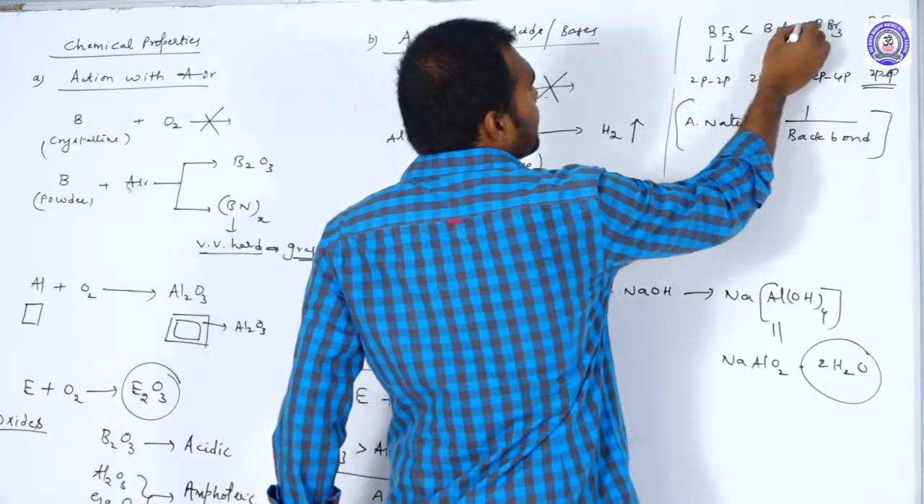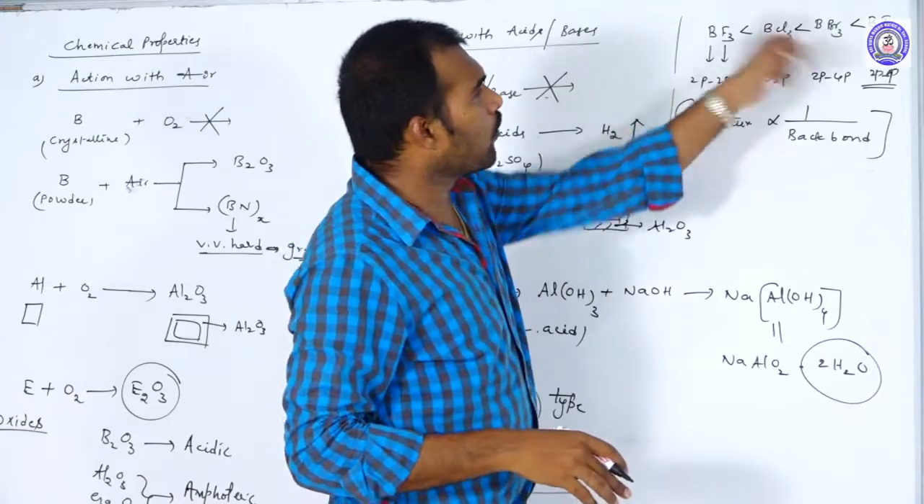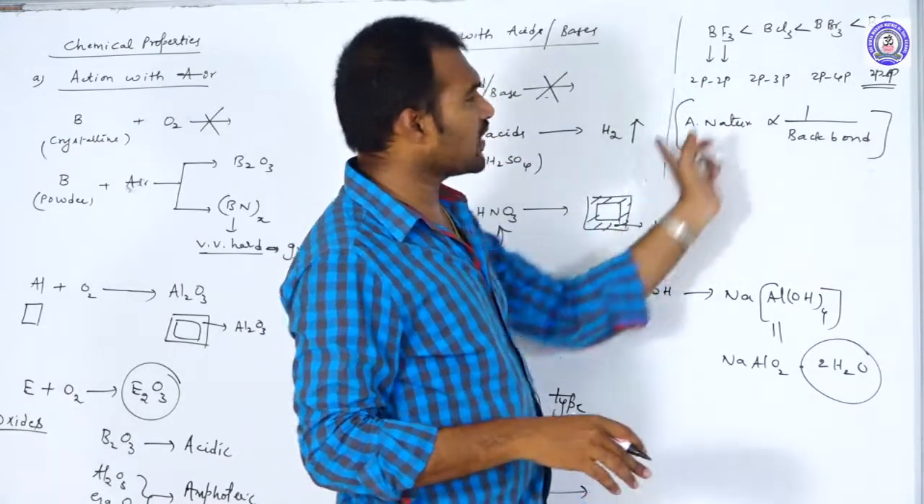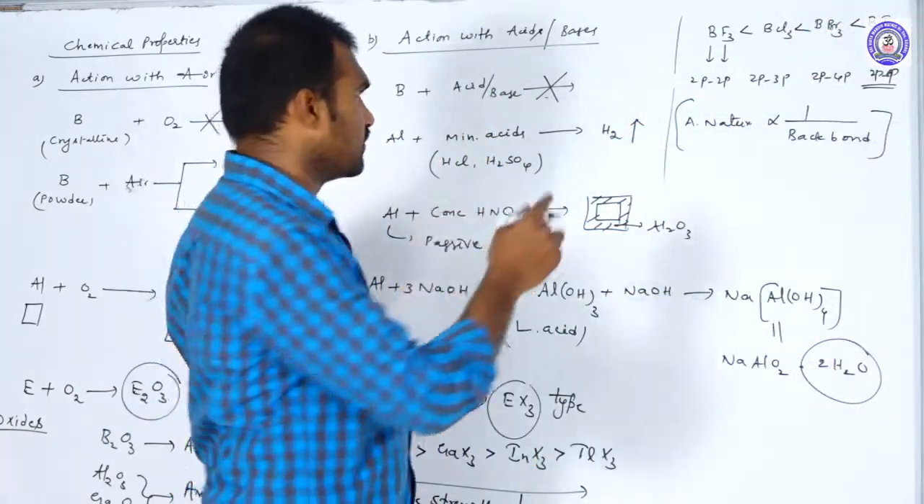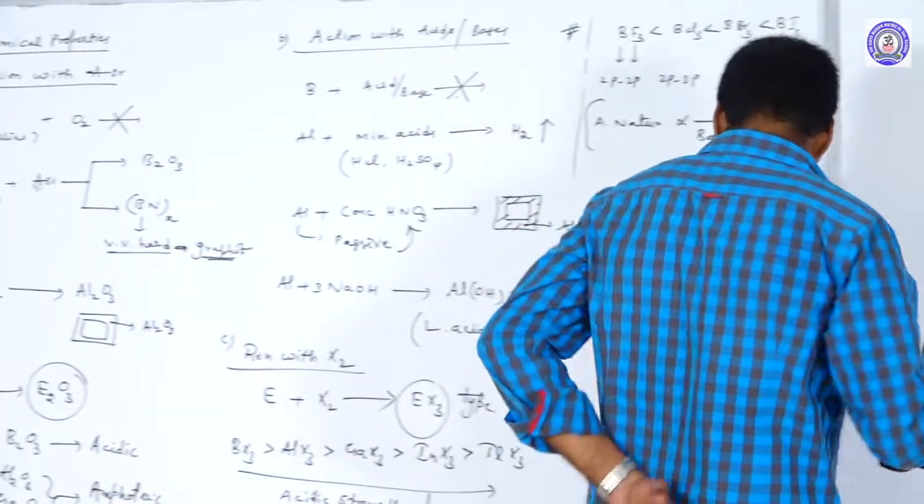So BF3 < BCl3 < BBr3 < BI3, because back bonding decreases. As back bonding decreases, acidic nature increases. So this is one of the most important concepts. Next, let us move to the